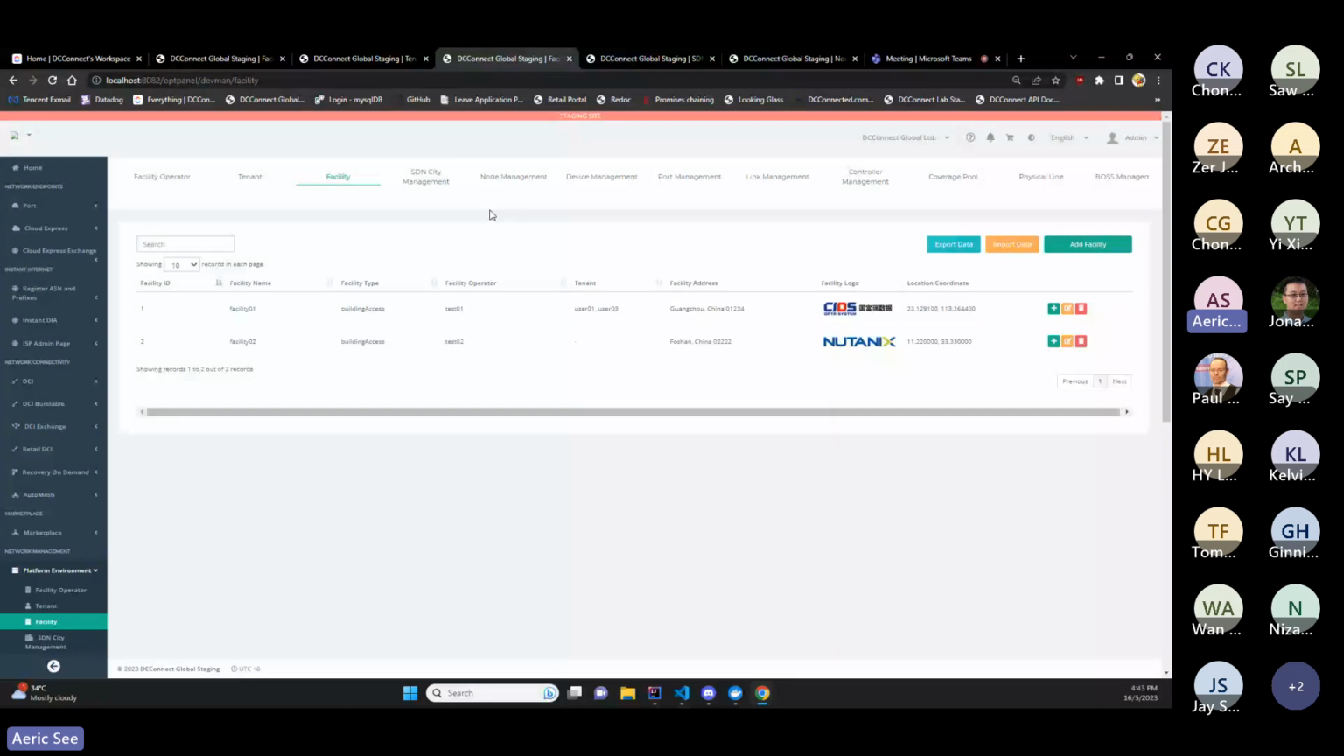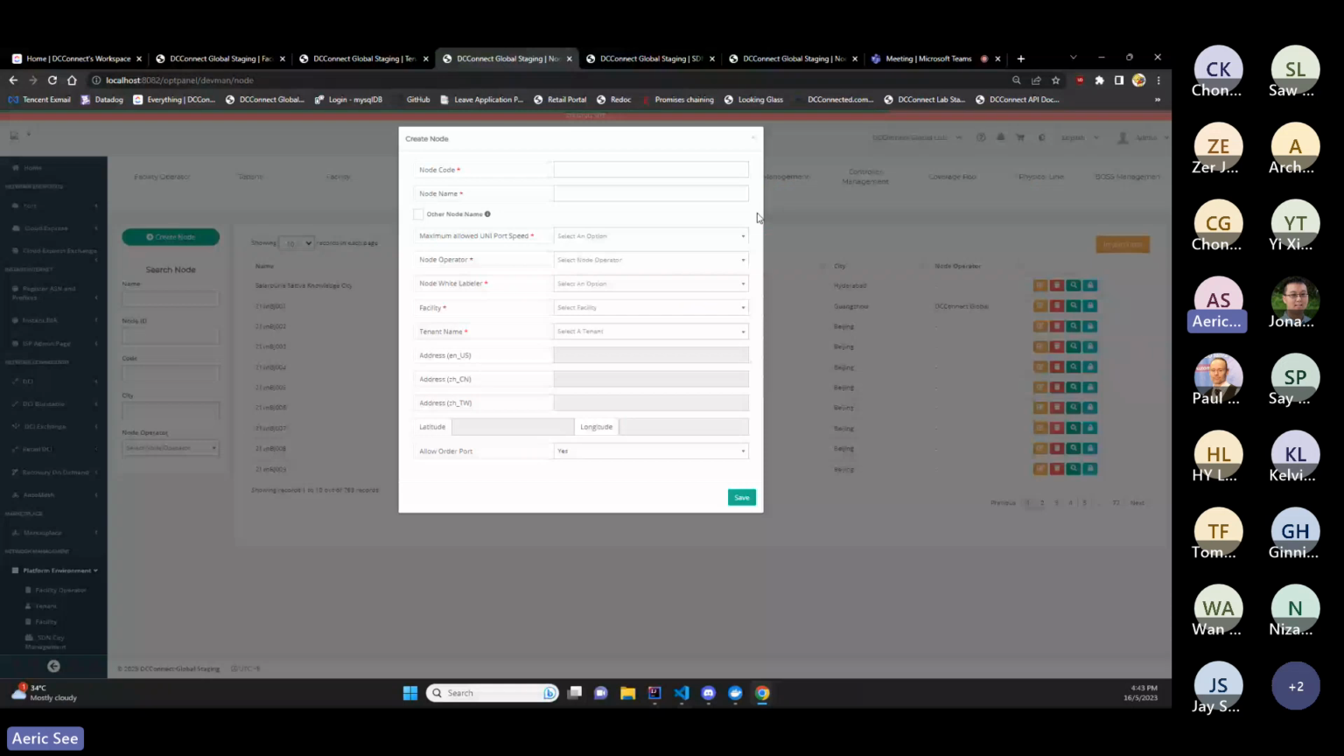And in the node management, there is a requirement where you need to have a facility to create a new node, because this is a new requirement. So if there is no facility created, then in this field you won't have the facility that you just created. So the reason why facility 02 didn't appear in this create form is because